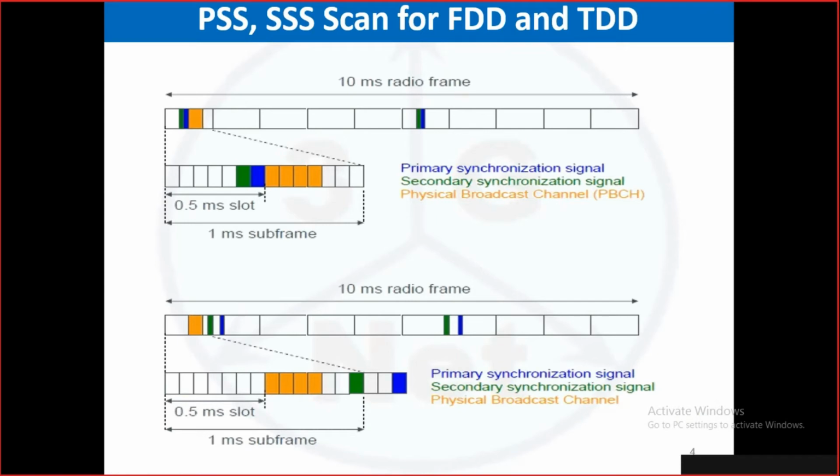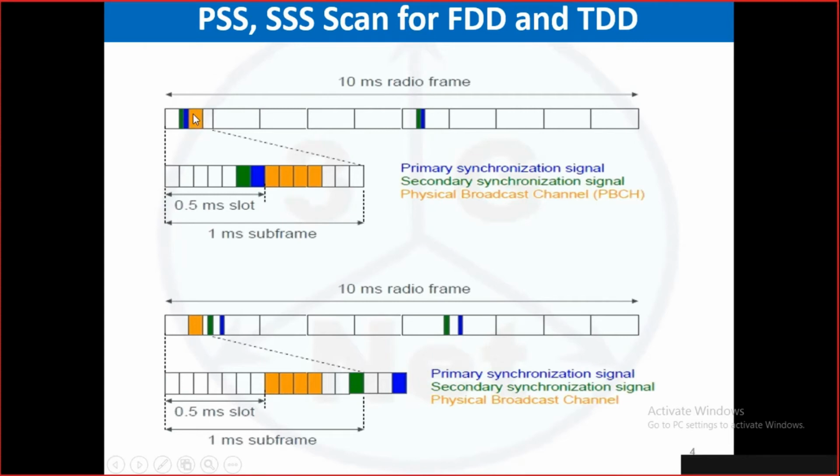Now, the next step is we are talking about how and when to get system information. The very first system information is the master information block. I'm telling you 4G only, and 5G. One day I had covered the physical layer. Physical layer is not the intent, but very high level I will tell you. Every 10 millisecond, in the 0th subframe, you get this brown color master information block. Next frame, again 0th subframe, master information block. So you get that master information block every 10 millisecond frame.